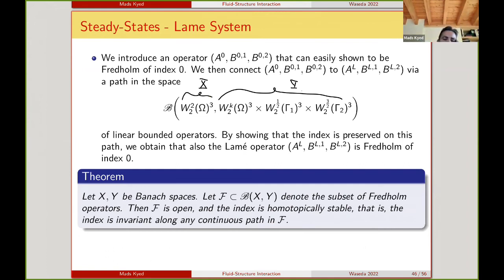So in general, when you have an open subset of Fredholm operators in the space of bounded operators,